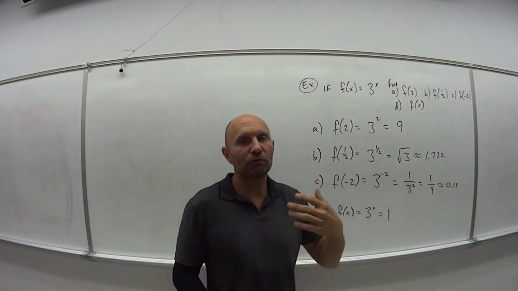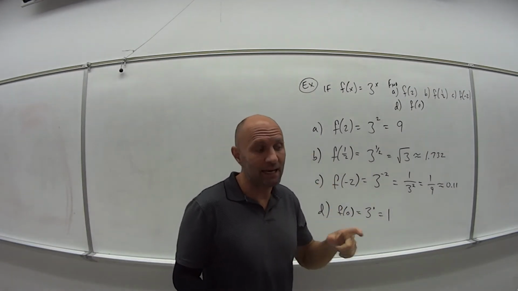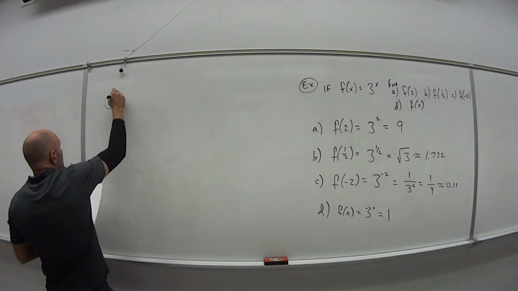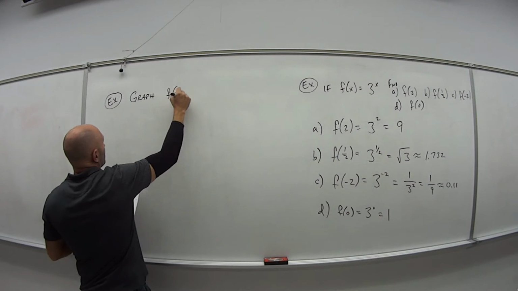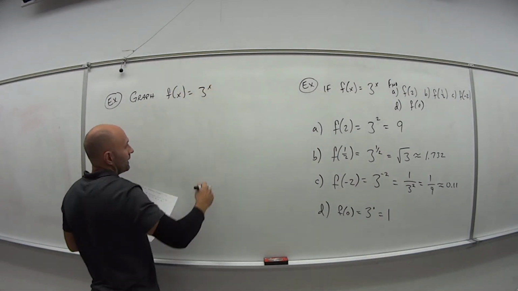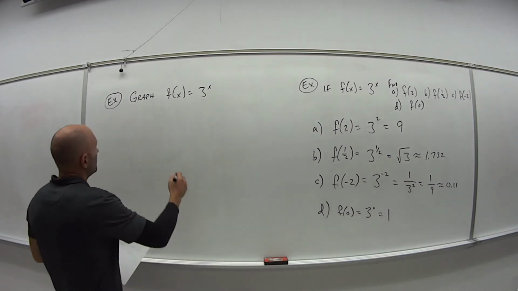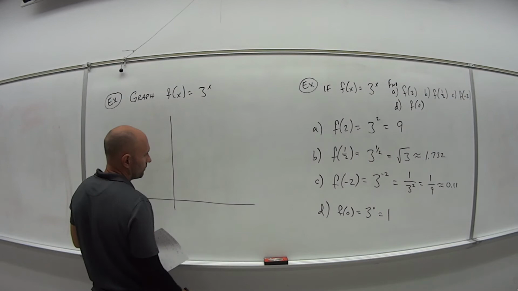Graphs of exponential functions, and for section 4.2, graphs of the function e to the x. So the next thing I want to do then is graph f of x is equal to 3 to the x power. So what does this thing look like if I tried to graph it? Well, if we plot a few of the points we already figured out,